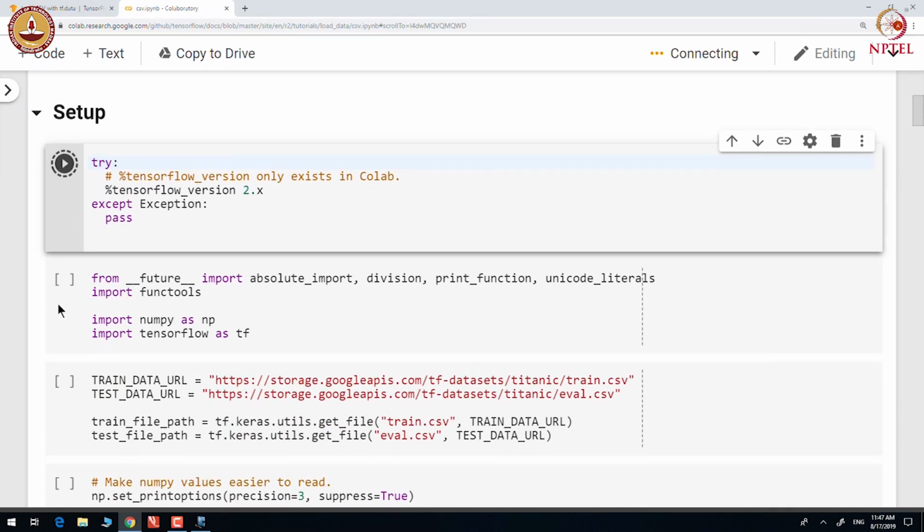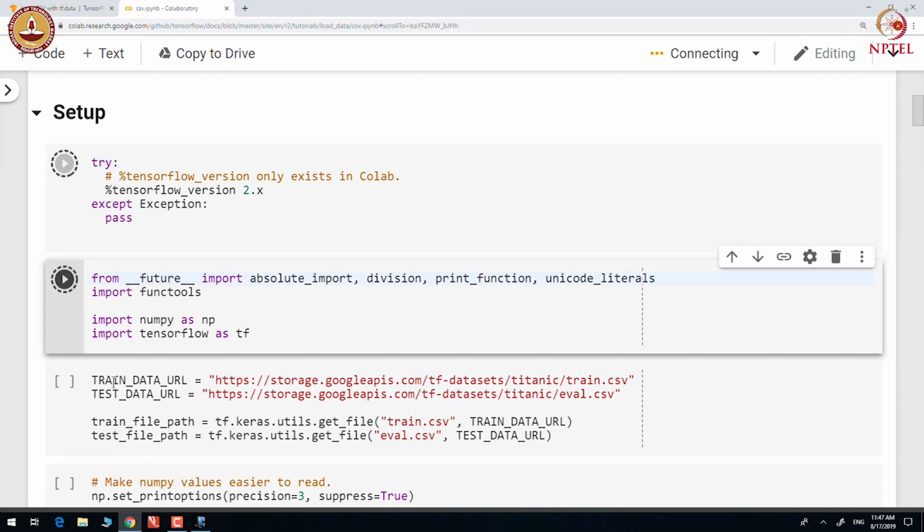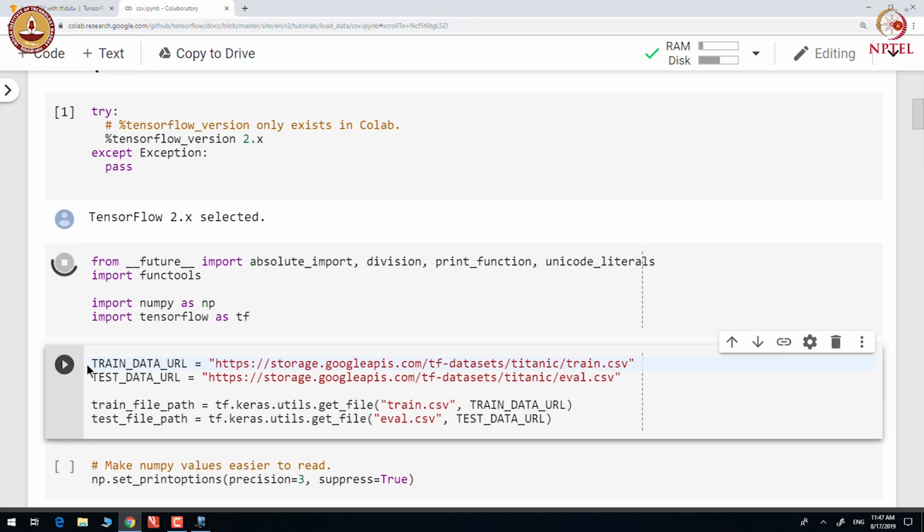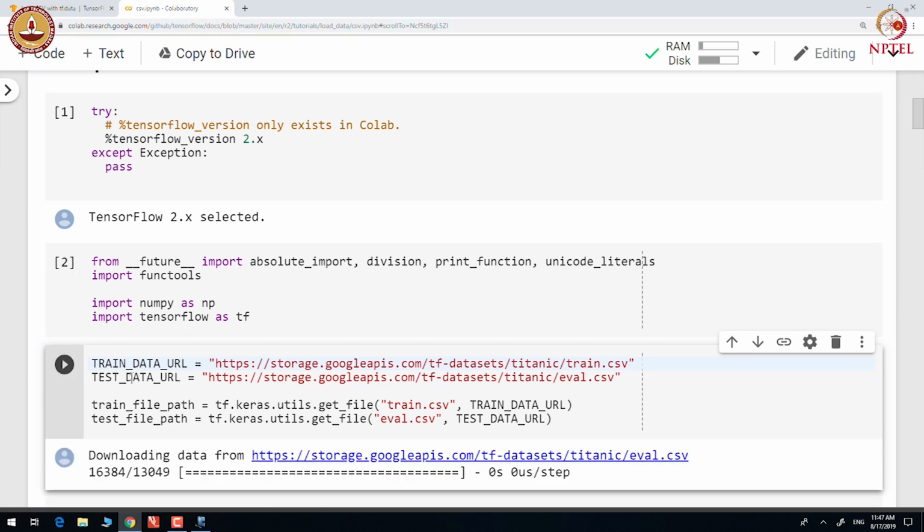So, let us install TensorFlow 2.0 and import essential libraries. Let us download the train and test data from Titanic dataset.